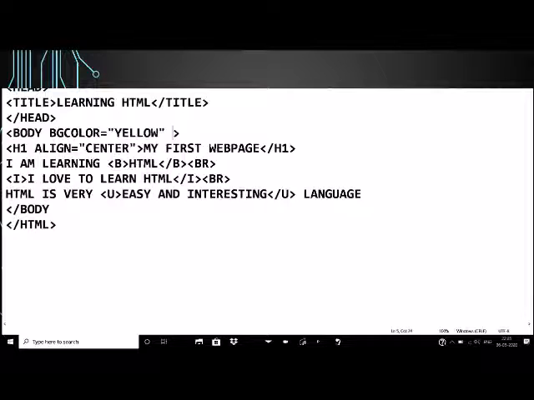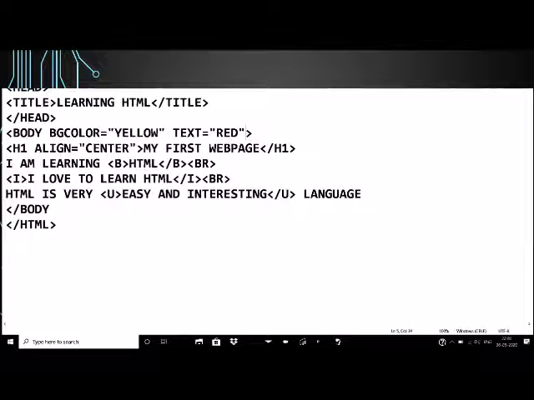And to change the color of the text of the entire web page, we will use the text attribute of the body tag. Suppose we want the text to appear in red color, then we will use the text attribute and give it the value red.